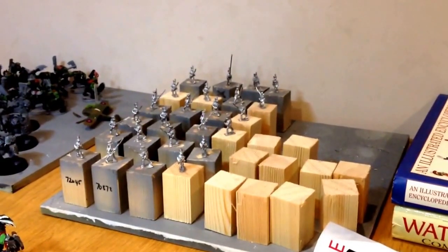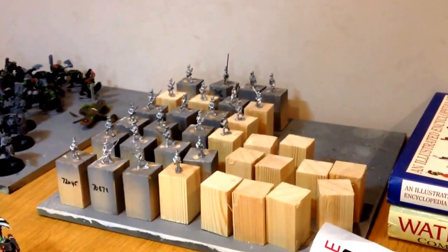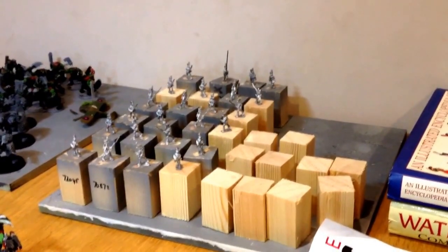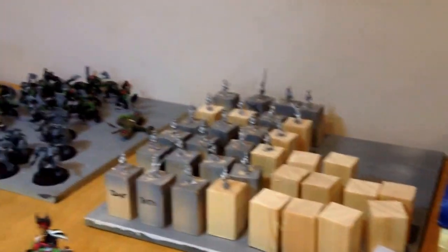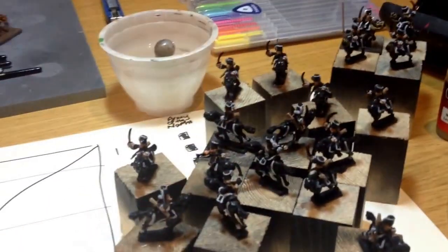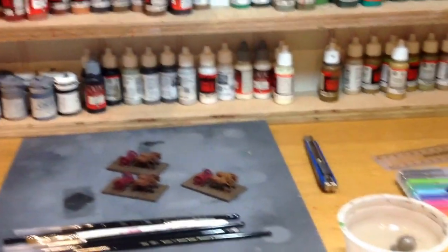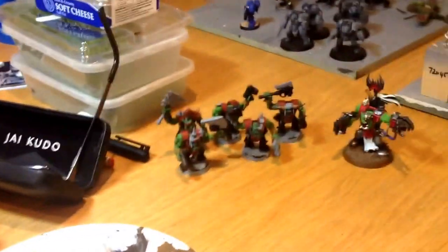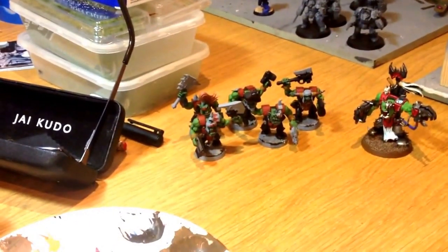So I'm quite looking forward to that, because it's my first venture into Napoleonics, and I really want to get going, but it's not been happening for me. So that's all I've got on the table. There's a lot of stuff that's nearly finished, like that, and them. I don't think they'll take too long, because there's quite a bit done on them, and then it's cracking on with my Napoleonics,